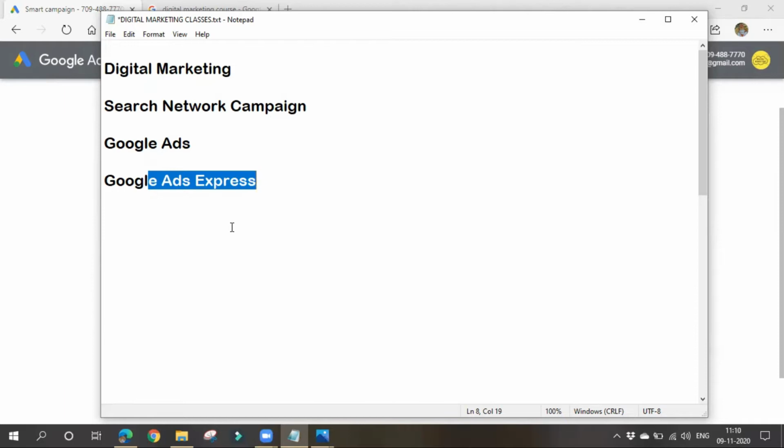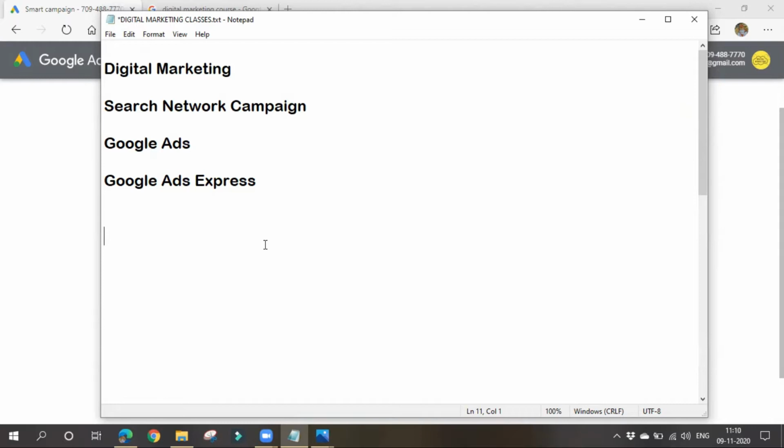Once we choose Google Ads Express, we can't come back to a normal Google Ads account. That's why don't go for Google Ads Express. If you are giving money to others, they'll try to make profits from their side; they will not think for us, right? In the same way here, I don't want to waste my money.